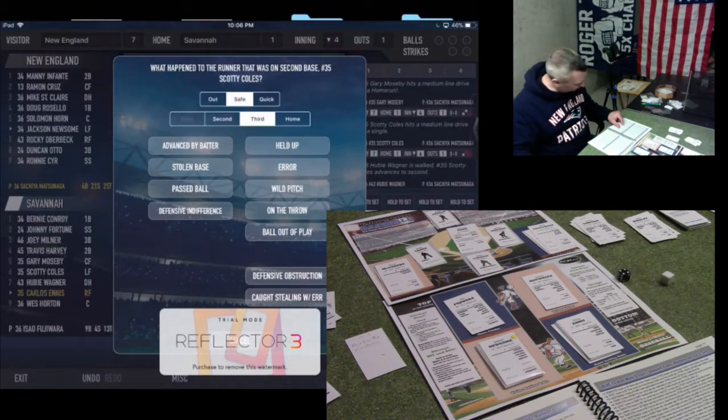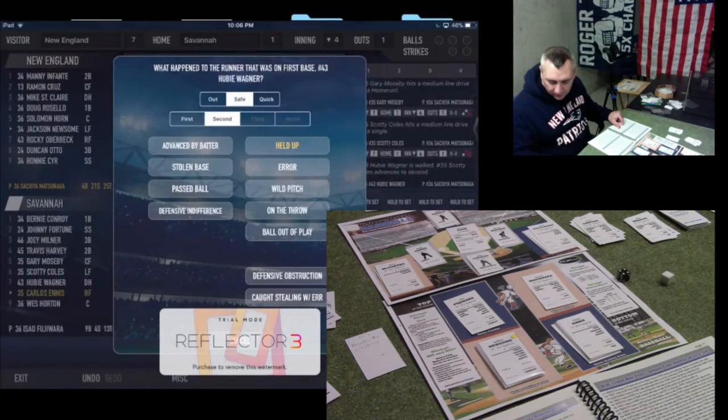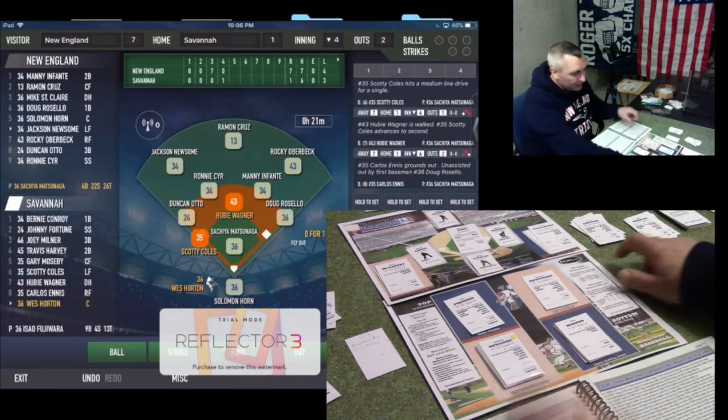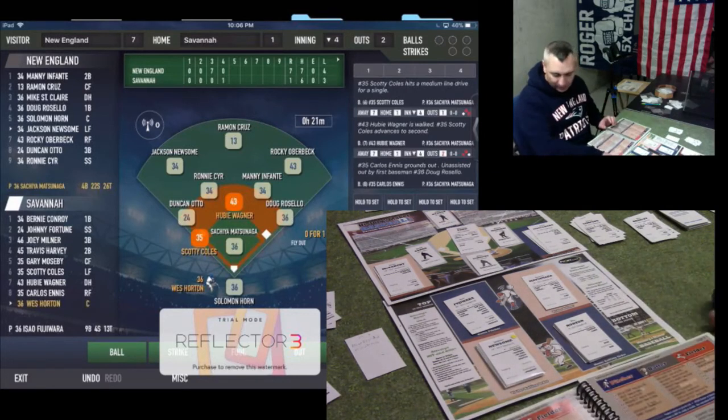And let's see. Wait, where are we at? And the other runner will hold up at third. Okay. Oh, so that would have been an inning-ending double play. But looks like the umpire might have missed the call. So 2 bad calls against us. But 2 down, 2 on,